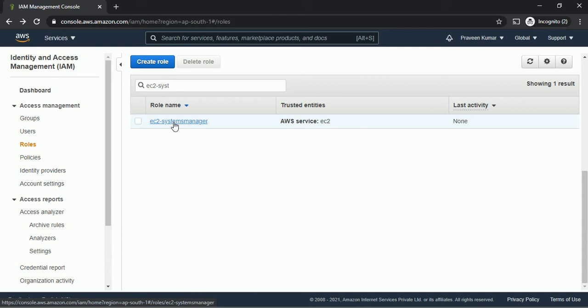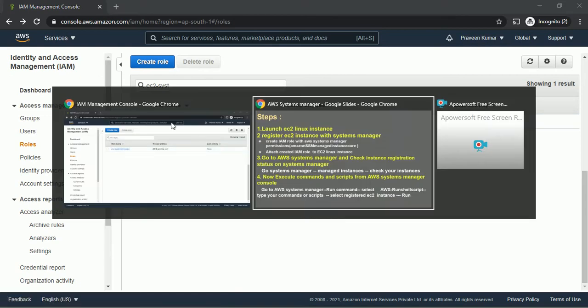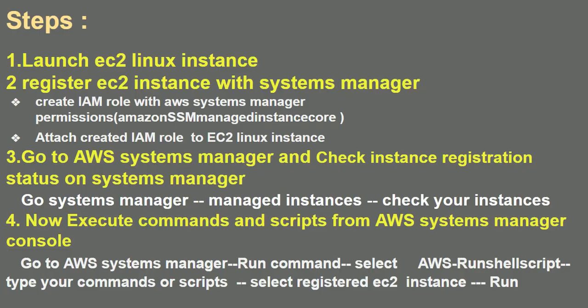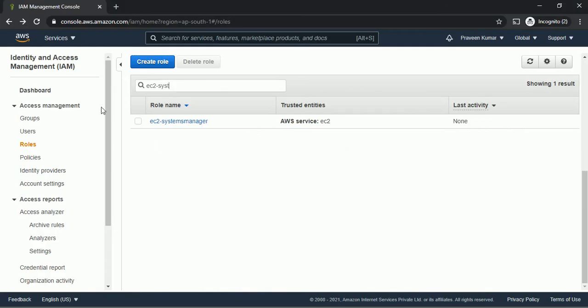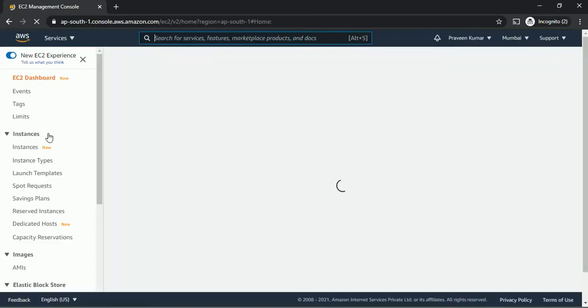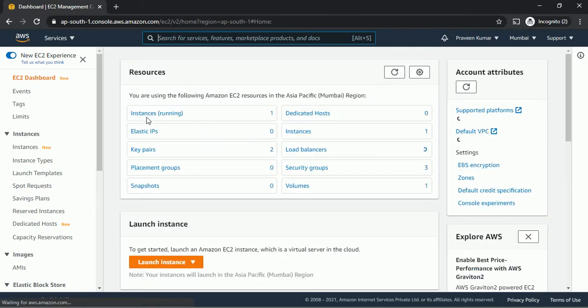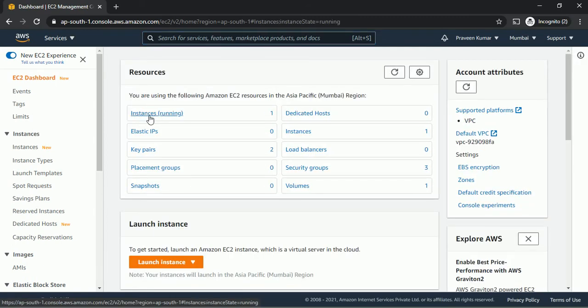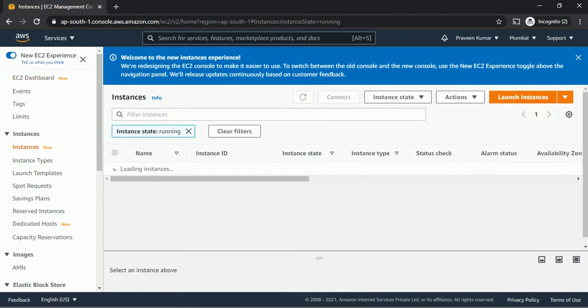Now you have to attach this role to the created instance. Next, we have to attach this IAM role to the EC2 instance. So go to EC2. I'm going to attach this IAM role to my EC2 Linux instance, which was launched just now. My instance is also ready.